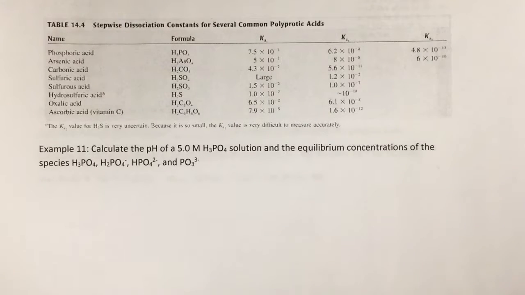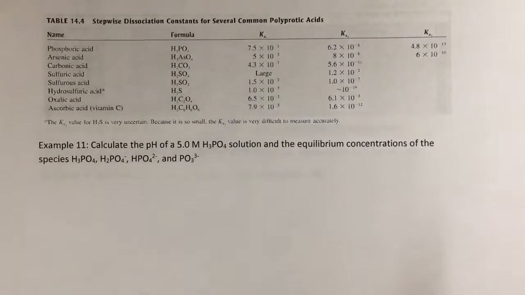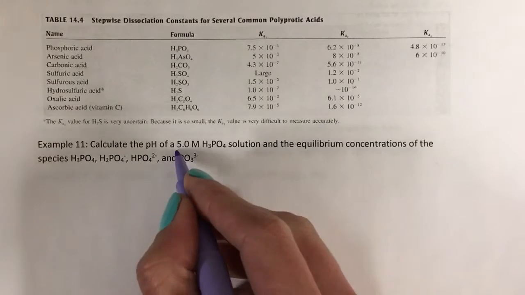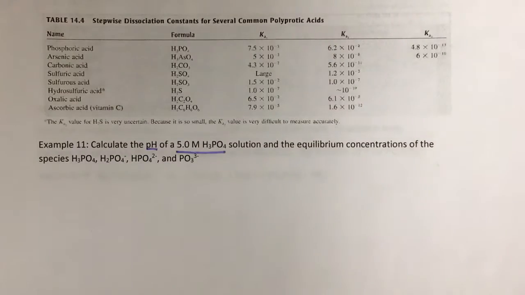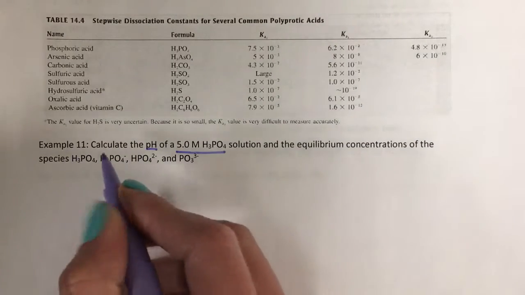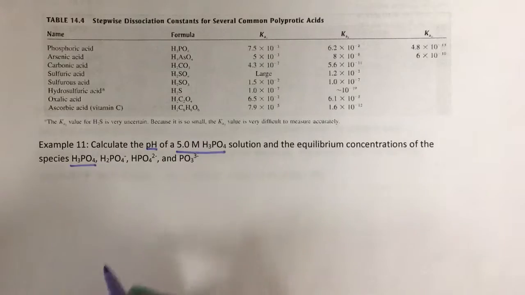So in the last section, we were talking about polyprotic acids, and we said a polyprotic acid has more than one acidic hydrogen. So when we calculate pH and H+ concentrations for polyprotic acids, it's going to look a little bit different. Now, here we've got our example. We've got phosphoric acid, a 5 molar solution. And then it says that we want to determine the pH as well as the concentration of phosphoric acid,